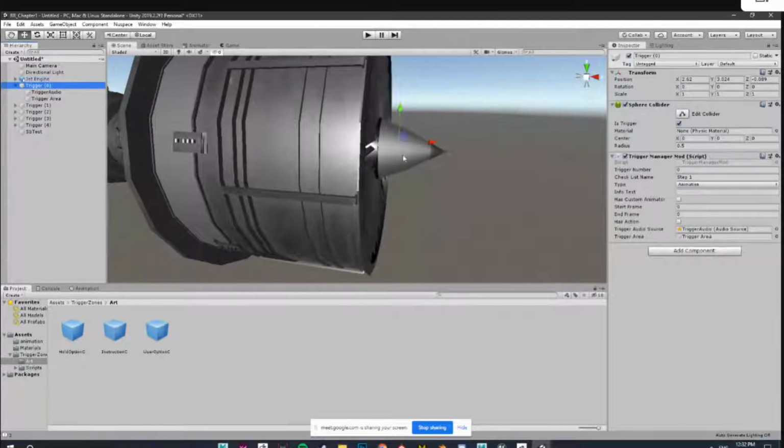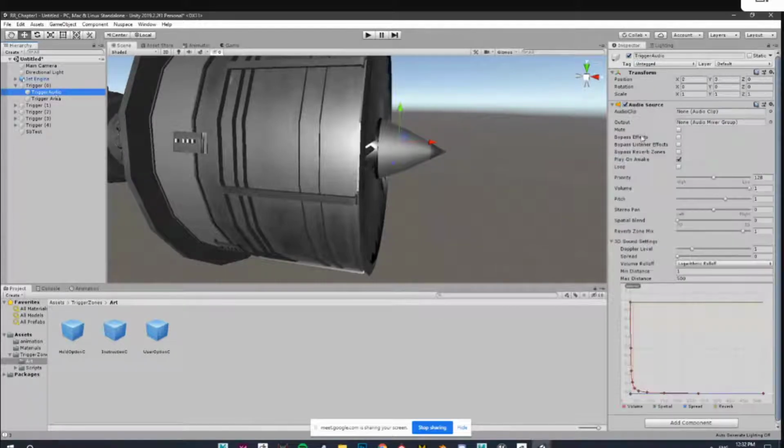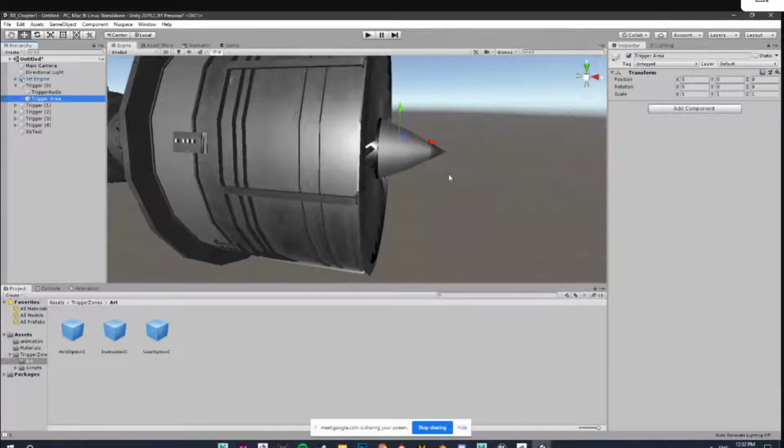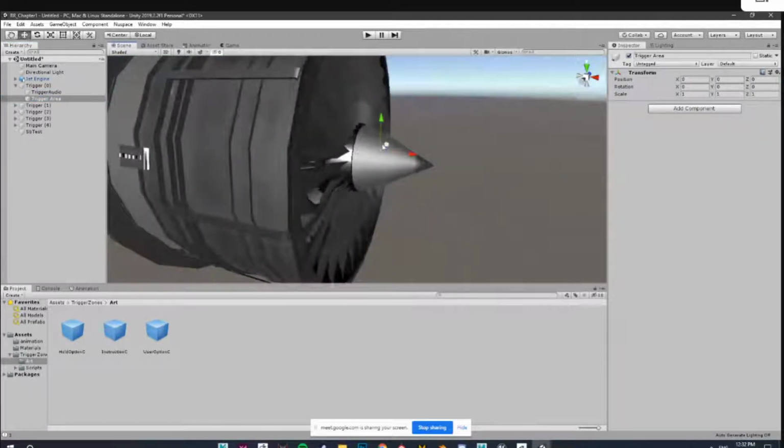So now we have this trigger. Inside this trigger, we have trigger audio and trigger area. Trigger audio is where you can add any clip you want, and in trigger area, suppose you want this particular object to get highlighted, or a tap here button, that has to be inside the trigger area.